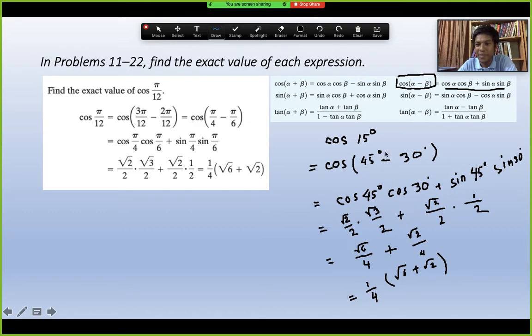Now see, this math we have written here in terms of degrees, 45 degree, 30 degree. It's not necessary to break it down from here to here. Not necessary. We can actually do it this way by keeping it in radians. So this is cos pi by 12, pi divided by 12. So how can we break it down? You can see this thing we can write